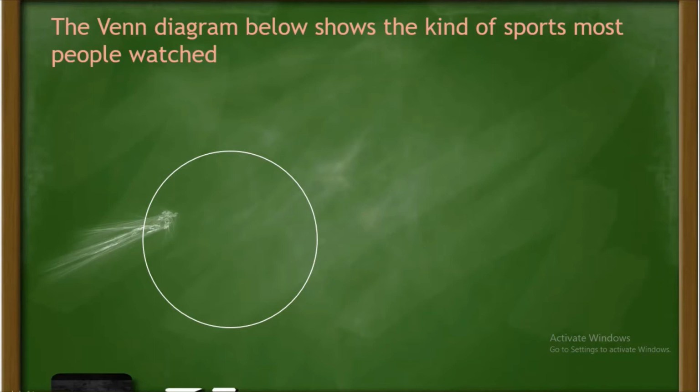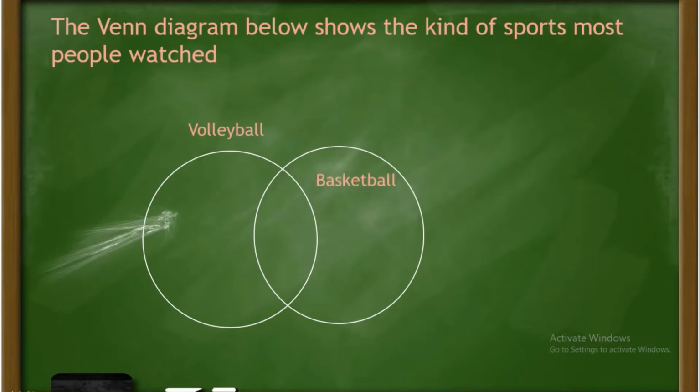So, we have here the first circle. This represents the volleyball sports. And the second circle, it represents the basketball sports. So for the first circle, for the volleyball, we have 17 people who watch volleyball. And for the basketball, we have 4 people